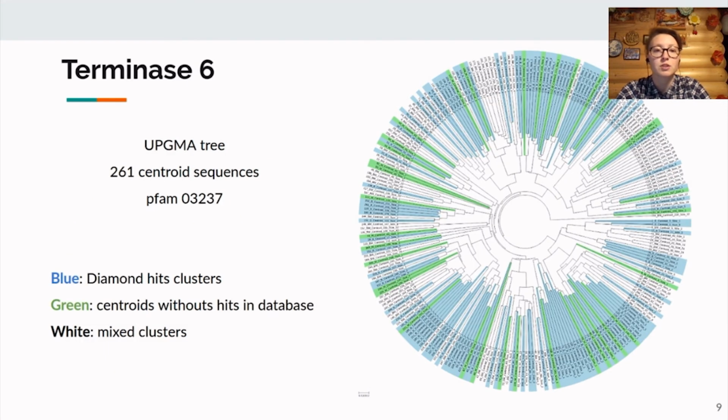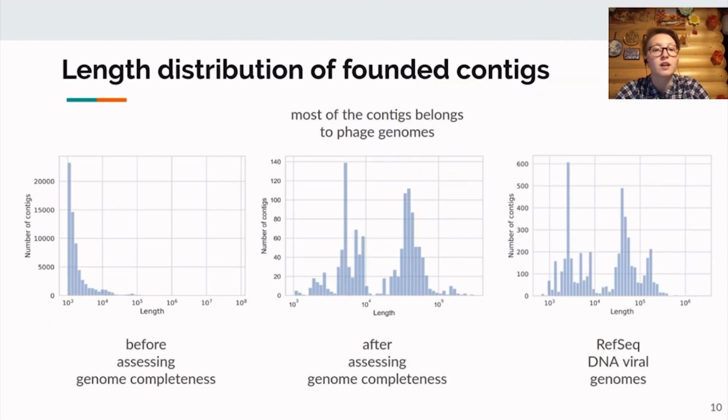These slides demonstrate trees based on the analysis of terminase large subunit genes. Green color indicates protein clusters which form separate groups. These clusters are of particular interest because they might belong to putatively new groups of viruses. We found 879 and 325 viral contigs for marine, seawater and soil habitats respectively.